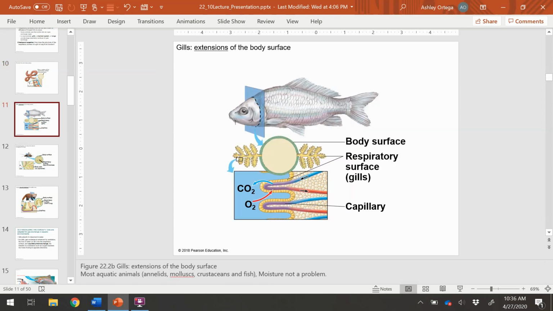All right, taking a look at gills. So gills are found commonly in fish. Here we define them as extensions of the body's surface. So they're projecting out, in this case, from the body of the animal, and they're going to exchange the gas from the environment with these projections that are coming outward from the body. And so here you can see gills. We'll look at this in a little bit more detail, at how they have extensions, projections that will have capillaries that will help with exchanging those gases.